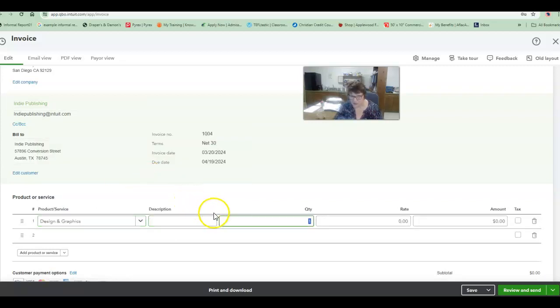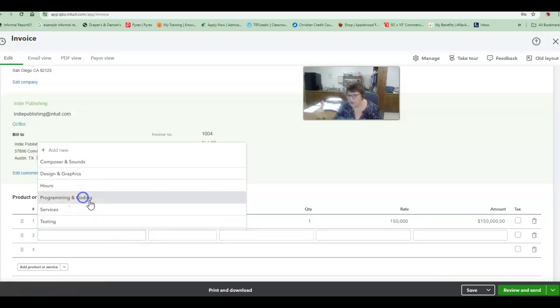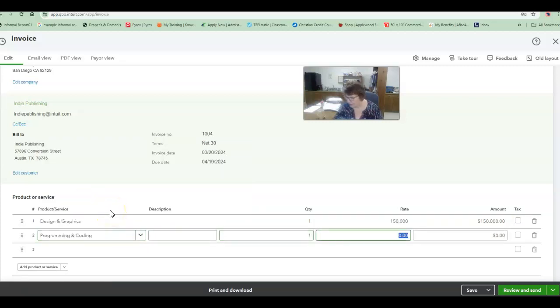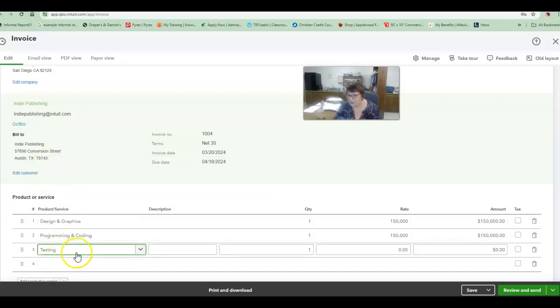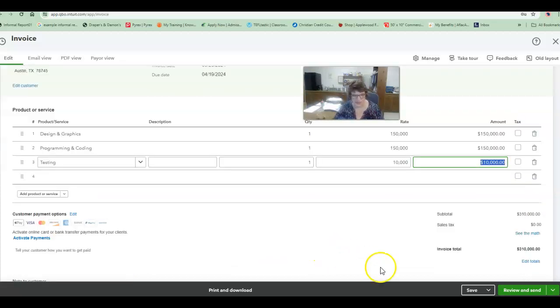This one, they're charging $15,000 for these services. And then there is programming and coding, and they're charging $15,000 for these services. And then they also have the testing. So different service here, and that's $10,000. So the total of this invoice is